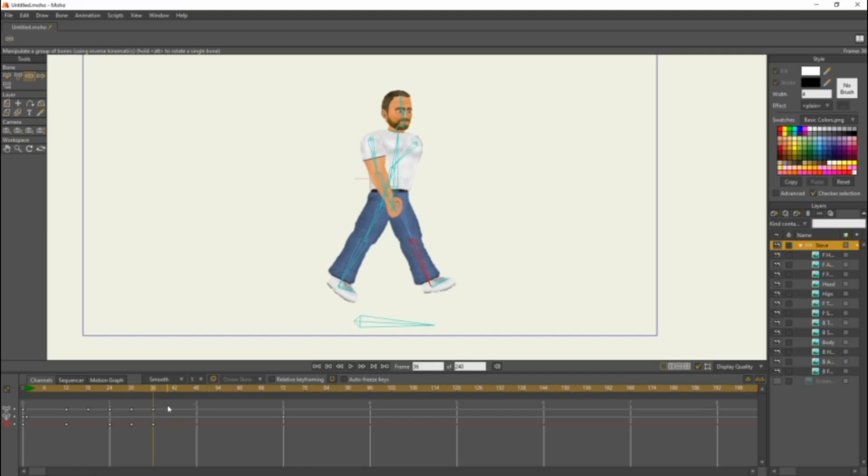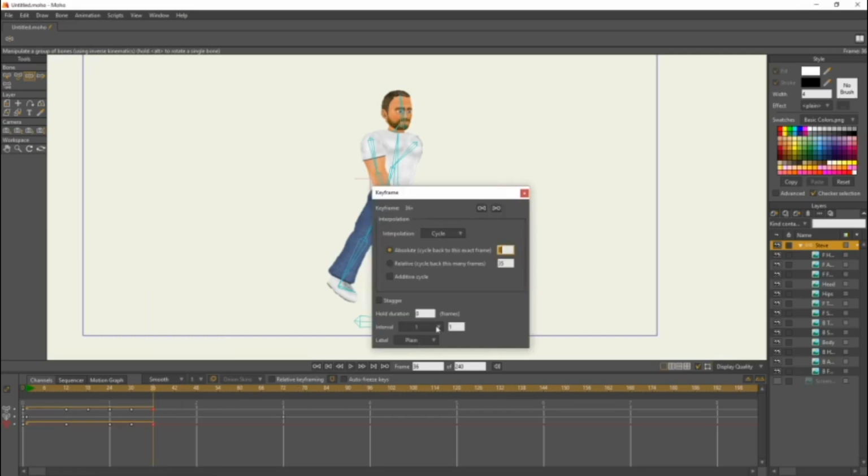Now what we're going to do is come here, drag over both of these keyframes at frame 36 until they're both highlighted red. We're going to right click and hit cycle. Right here, cycle. Now, this should pop up. Just keep this the same, keep absolute, and you can see that it says 1 here. You can highlight this, and you can use your scroll wheel to scroll up or down.